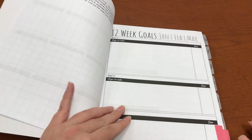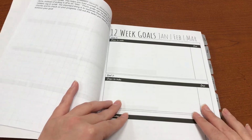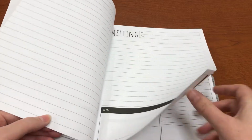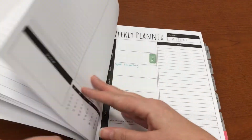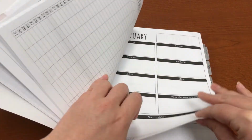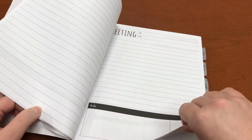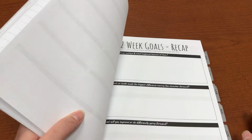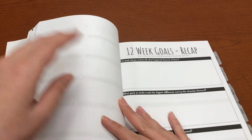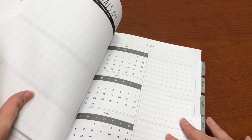And then just to clarify the order of the pages, I try to keep everything in chronological order. So it starts off with the 12-week goals, and then it goes into your month, and then you have a weekly planner, meeting page, weekly planner, meeting page, until you get to the end of the month, and then it goes to the next month, and that will repeat. And then after 3 months, you'll have your end of quarter, which is a recap. Again, that's at the end of the quarter, so if you can tell, that's 3 months. And then it'll start the new quarter with your 12-week goals. And then again, you're repeating